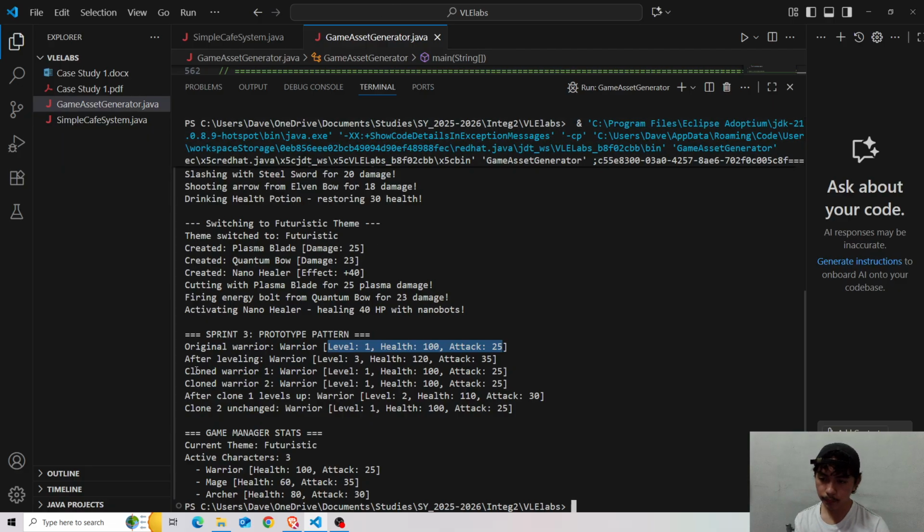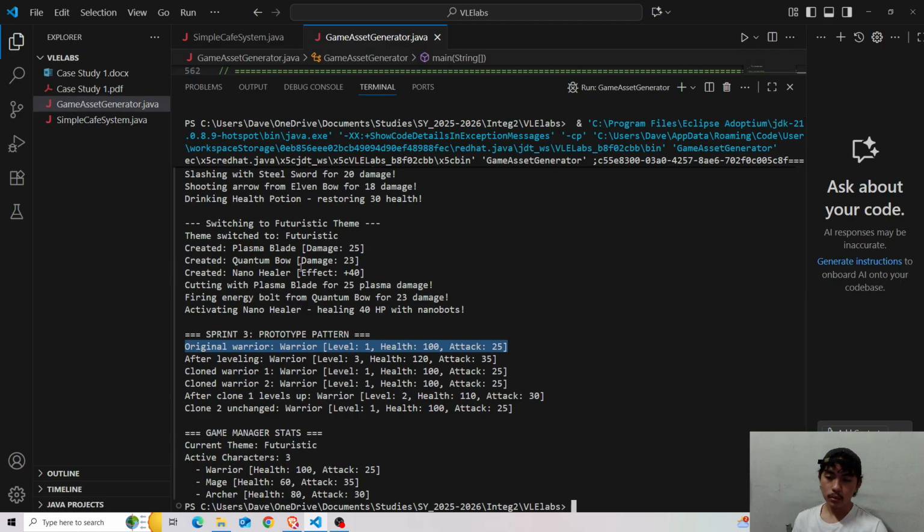Okay, so I forgot to add here, but this should be prompted after this prompt here, because in our code we have prompted the original warrior, and then we have cloned them first before leveling the original warrior.